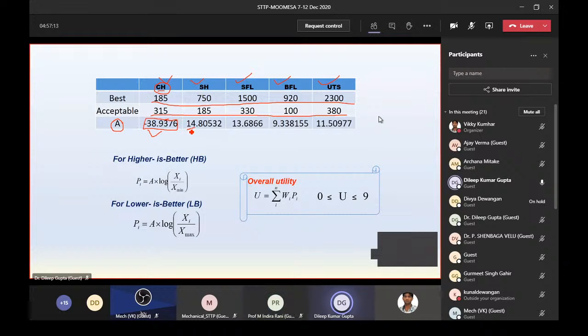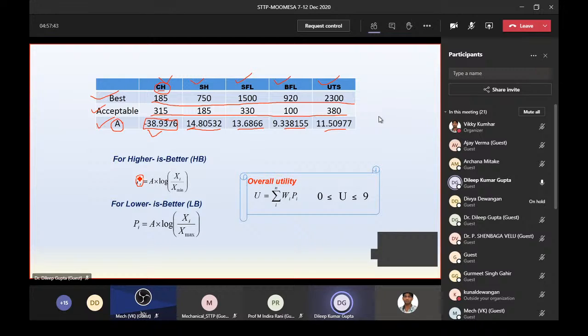In a similar way, you will find out the value of A for different criteria. All the criteria, you can find out the value of A. Now you can see the best value, the acceptable value, and A are there. Now you can find out the preference number or utility index for individual alternative and criteria, right? For each individual alternative and criteria, you will find out the value of PI, that is called the preference number